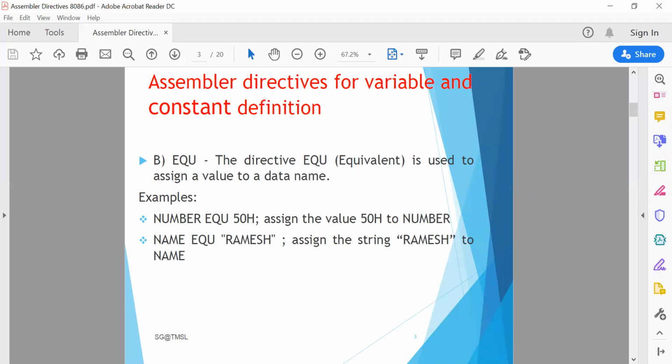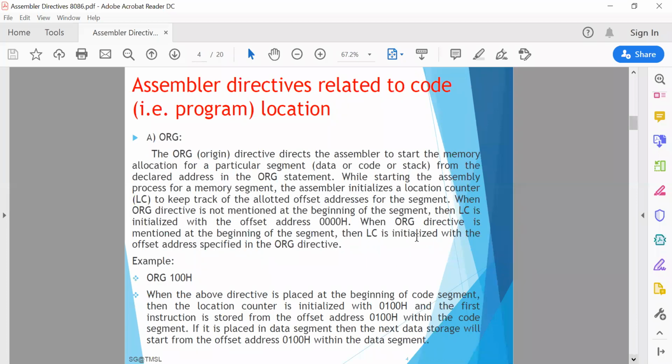The next is related to the program location or code location. Some assembler directives are available for program location.